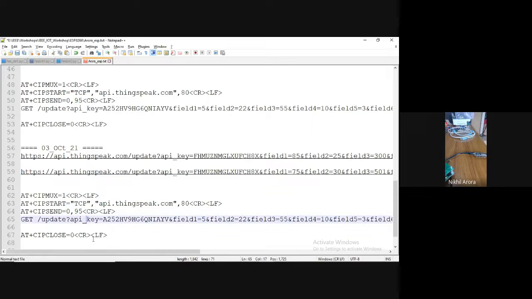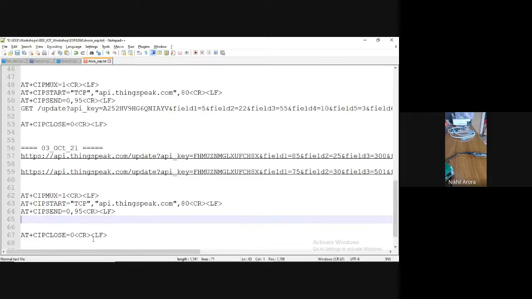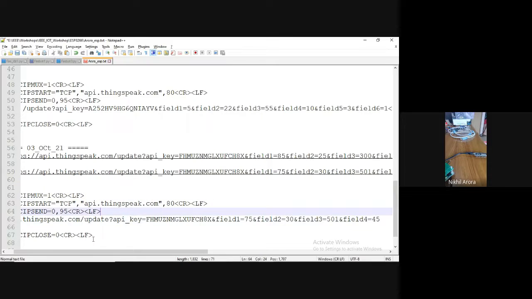That may not be correct, so I'll delete this line now. Okay, this line I am deleting, and I'm going to copy this line here, and then the command. Command is GET and PUT.